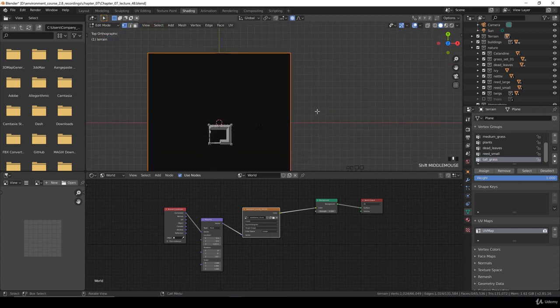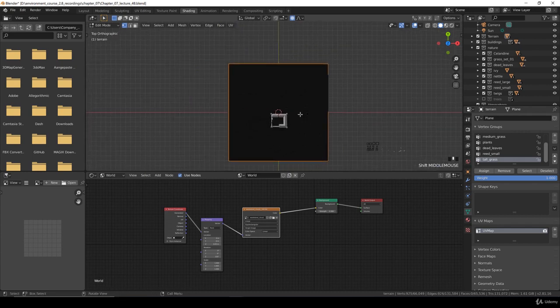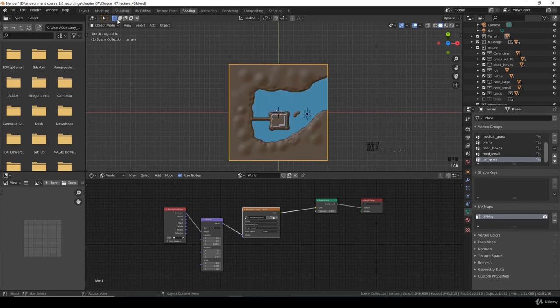You should remove these by scrolling to remove them. Then you go to assign, and now we should have, go to weight paint,